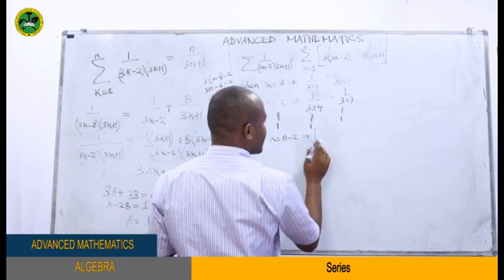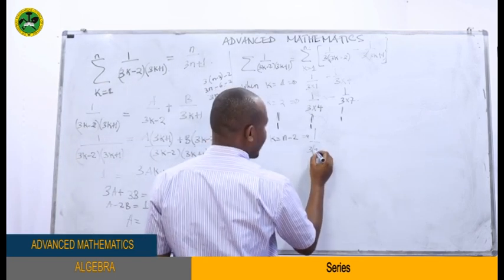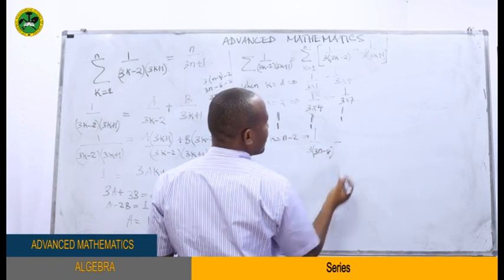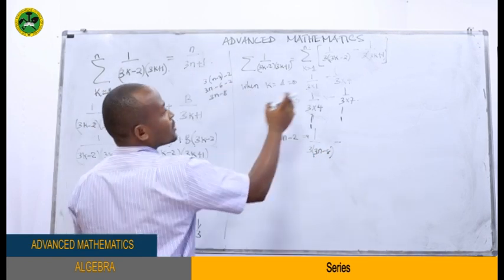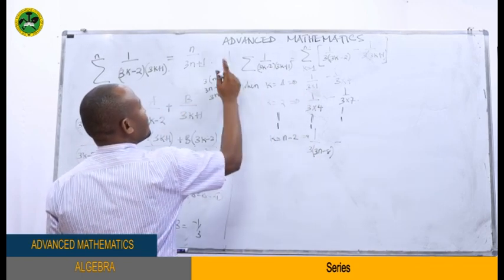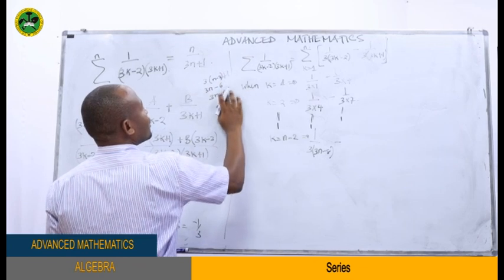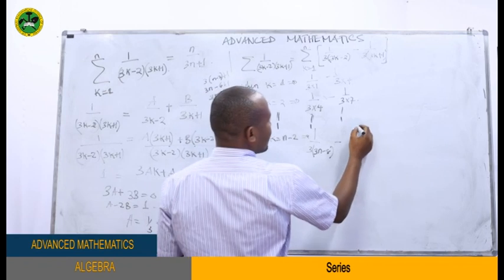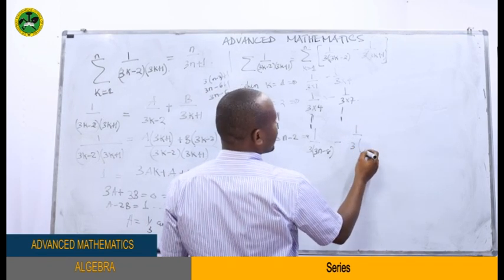We can put that in brackets so that it can look nice. 3n minus 8, and there we have plus 1, so we replace that plus 1, it will be minus 5, so we have 1 over 3 times